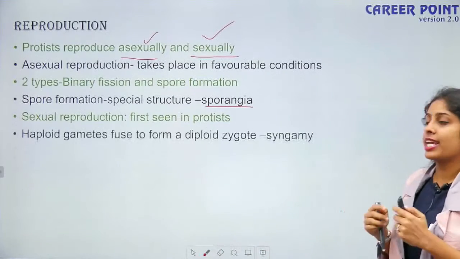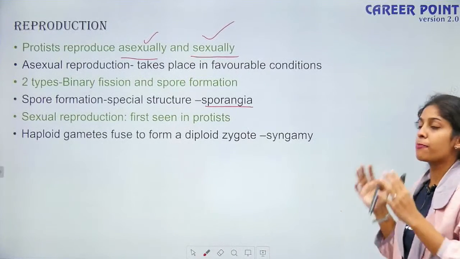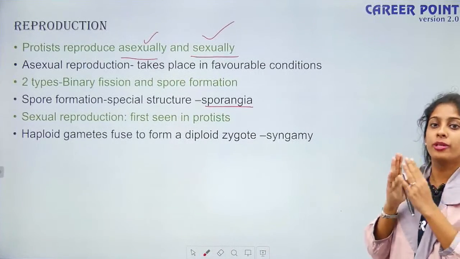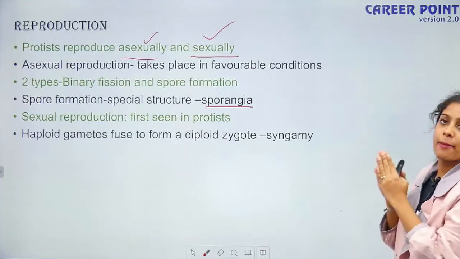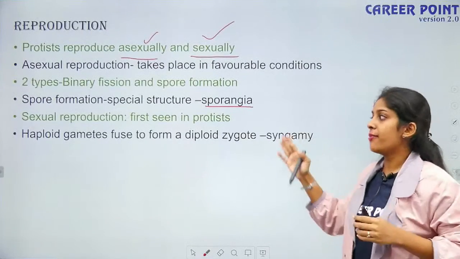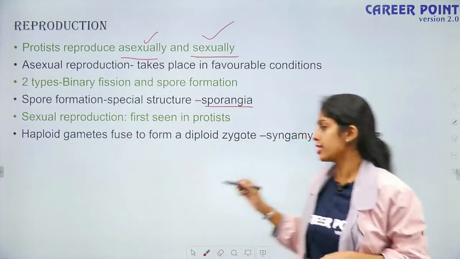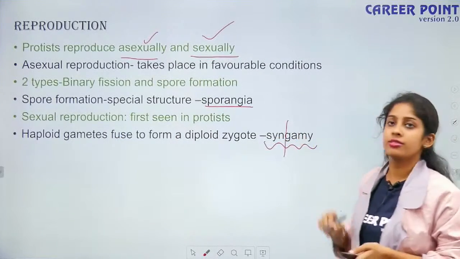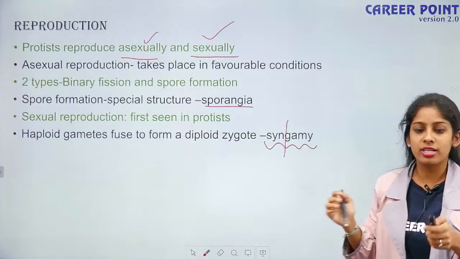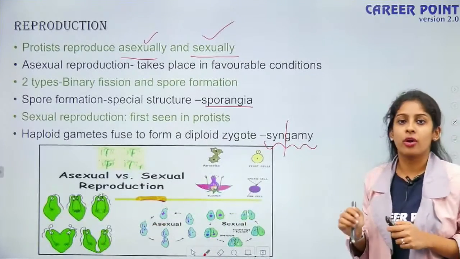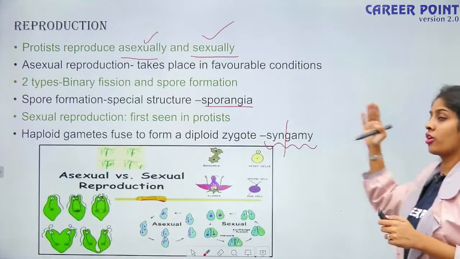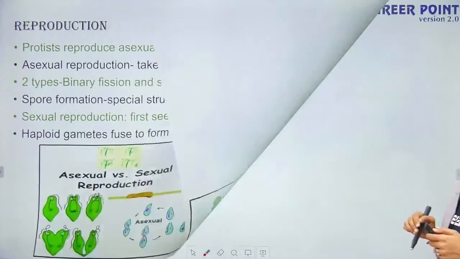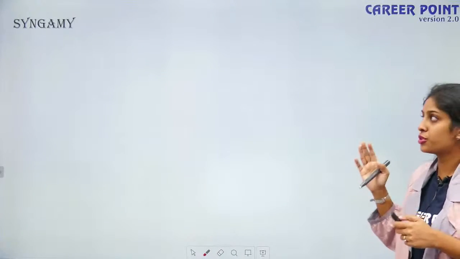So what happens in case of sexual reproduction? Your haploid gametes fuse to form your diploid zygote. That is what happens in sexual reproduction, and this fusion of haploid gametes is known as syngamy. So gamy is fusion. This kind of fusion is called syngamy. Fine? Okay. So going forward and talking about syngamy,